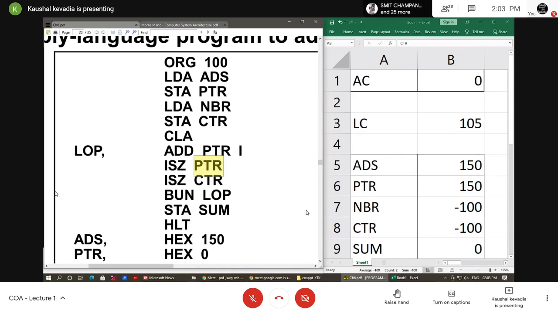So here we can say that let me check the CTR is equal to 0. So then I can say that okay my 100 count is completed. Getting? Let me execute this program so you can understand how this program is executed.